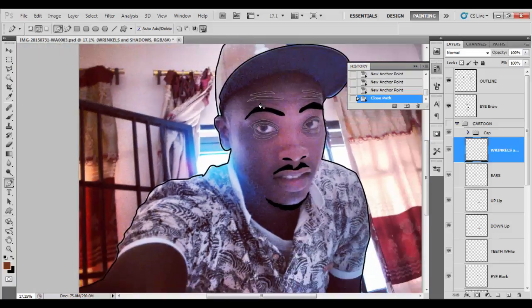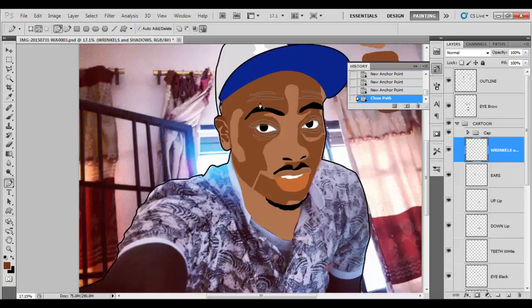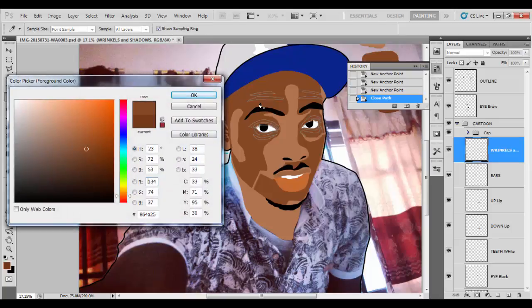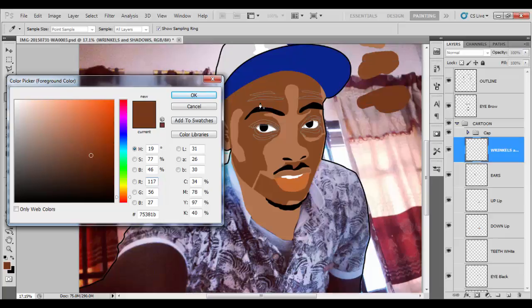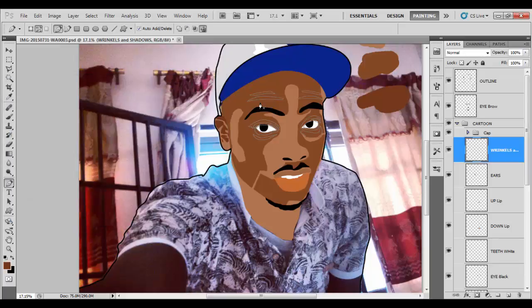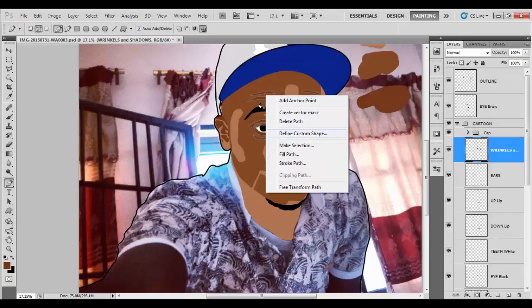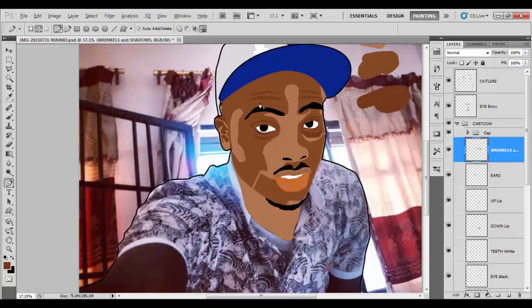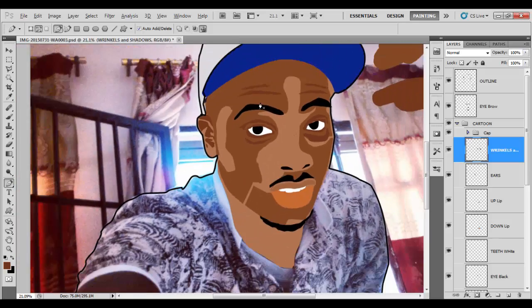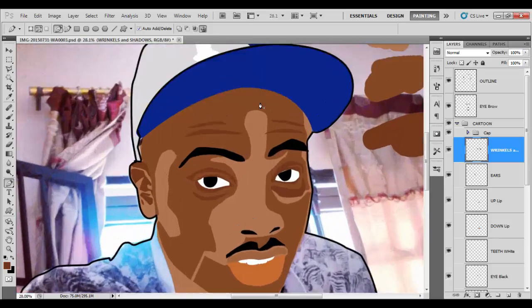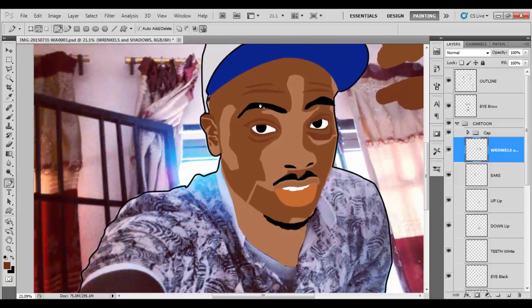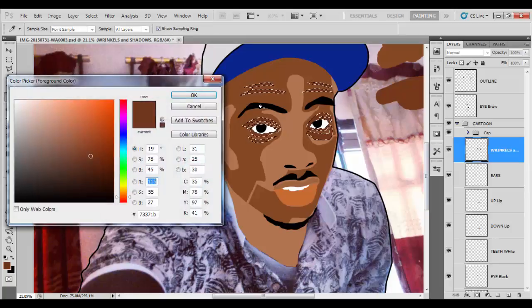And then the wrinkles, so let's see how this works. Let's have this a little bit dark. Now click OK, so that when you right click on fill path, you have this delete path. So you notice the shapes just coming out. It's not really that dark, so hold your control, click in between to have the shape, click on the color, make it a little bit dark,